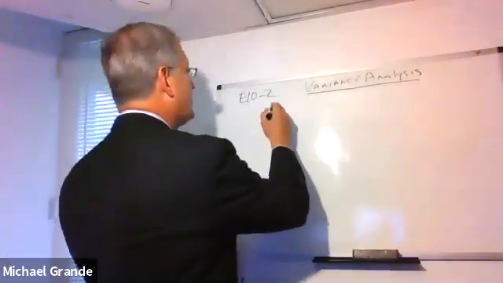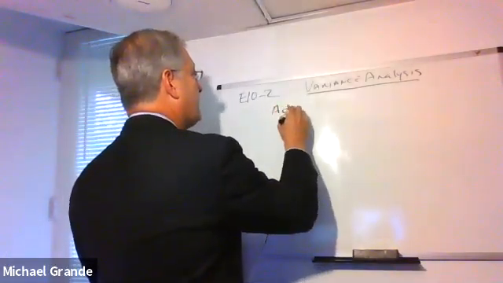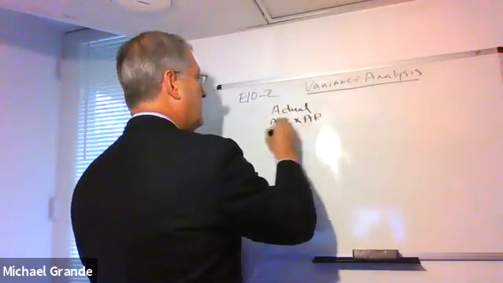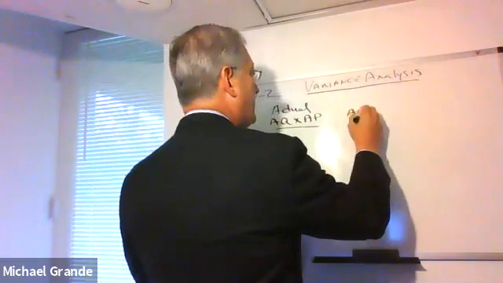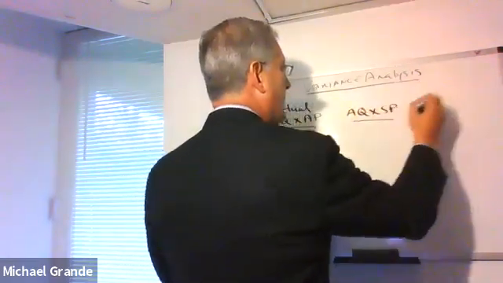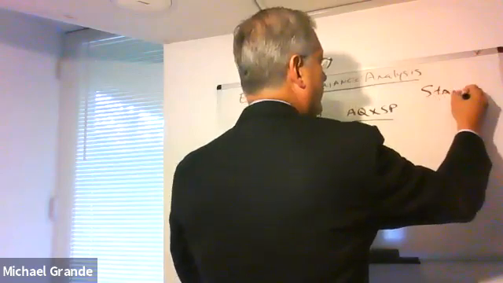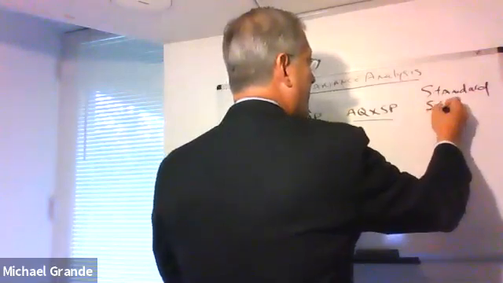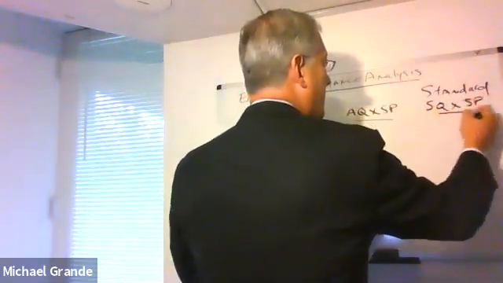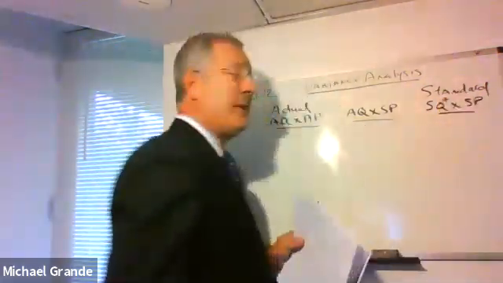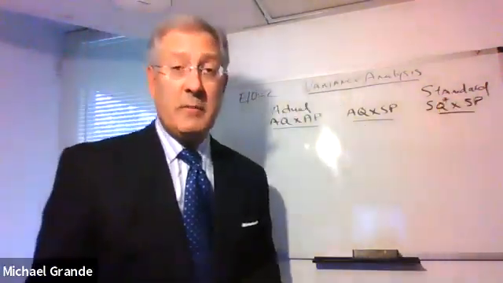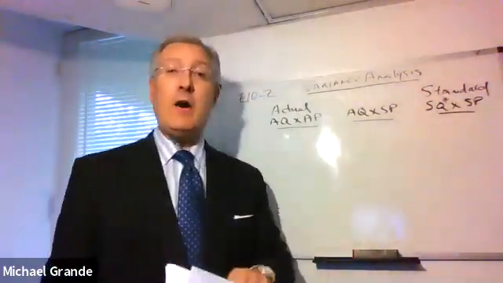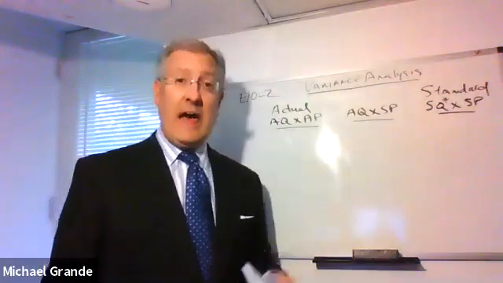And again, we like to use this format. We have actual, which is AQ times AP. We have AQ times SP. And we have the standard, also known as the flexible budget, SQ times SP. And I'll tell you right now, as I tell all my other students, SQ is the most difficult number to come up with, because SQ in this example tells you how many hours they should have used for that actual